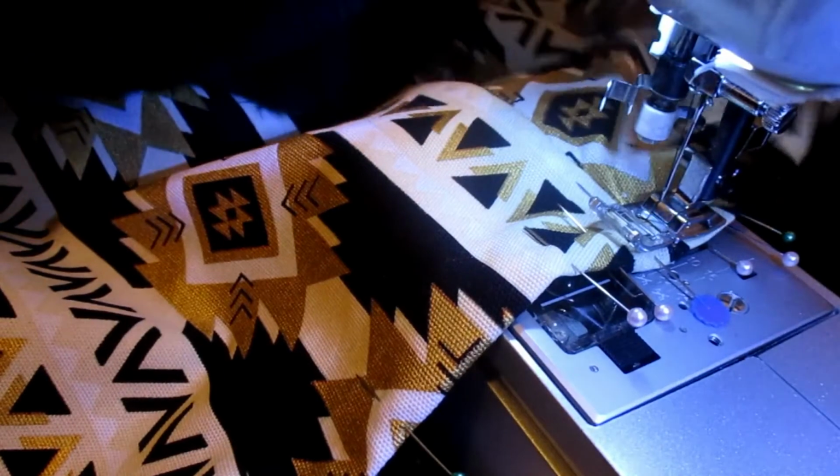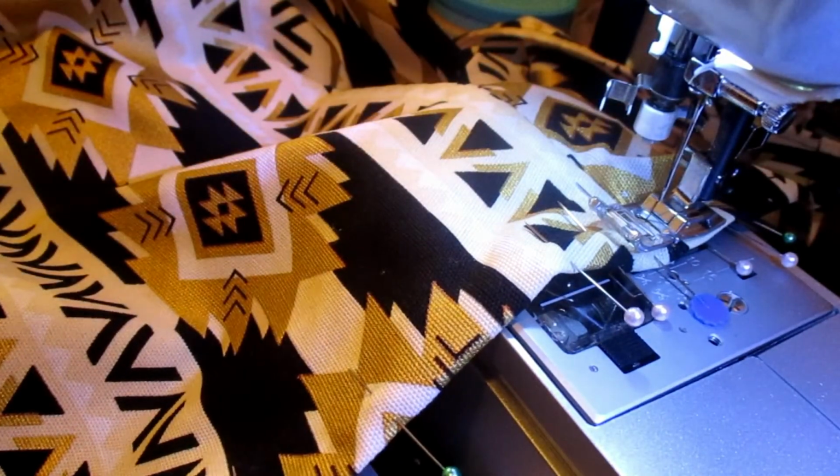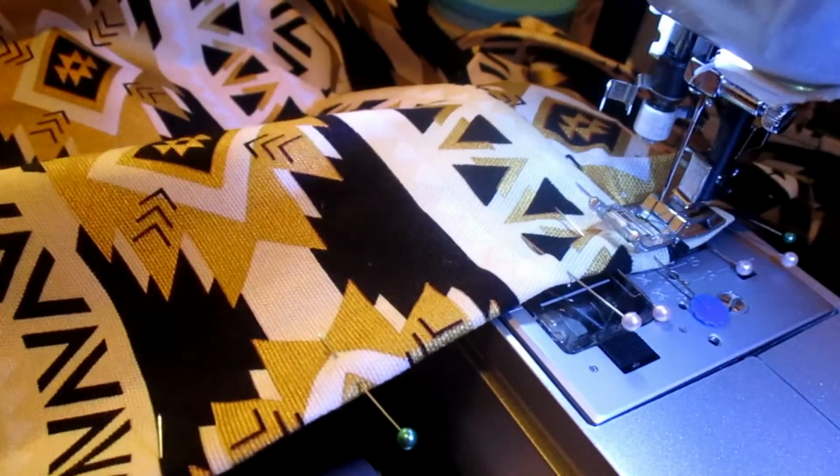Here's the flap. So now I'm going to start behind the flap, and then I'm going to sew